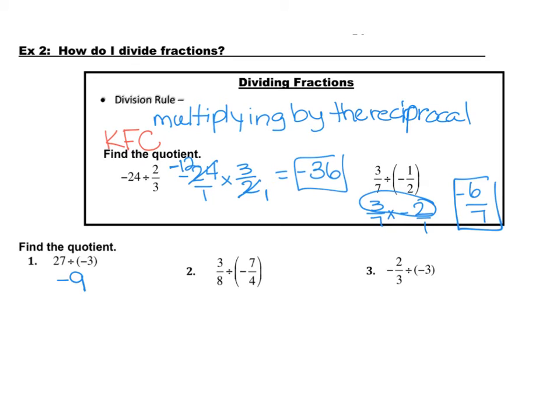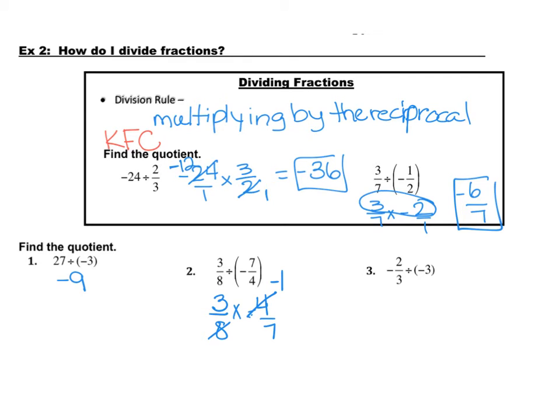A fraction divided by a fraction. So keep the first. Remember, we're multiplying by the reciprocal. Flip the second, and change that sign. All right, I'm going to simplify here by having -1, because 4 goes into -4 -1